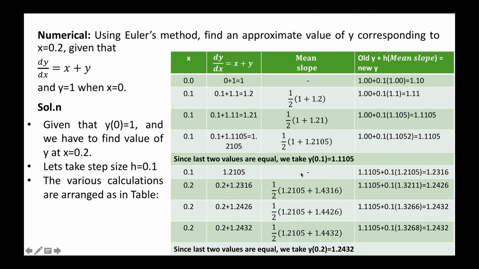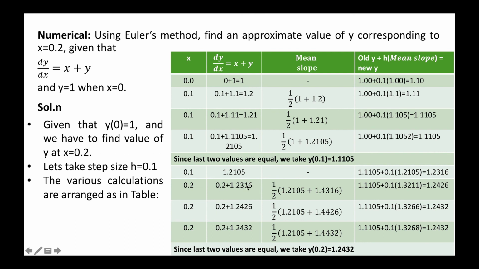Okay, now we have a better slope at P1, but we do not have the slope at the next point P2. P2 corresponds to x0 plus 2 times h, which is 0.2. So again we use the Euler method and we calculate the new value of y, 1.2316. Then for x equal to 0.2, the value of the function is x plus y, so 0.2 plus